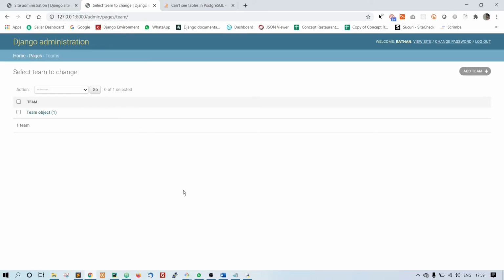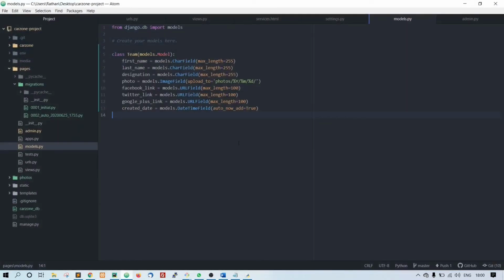We don't want this Team object to be shown here. For now, we just want to show our first name here. Let's go to our editor. Here, after created date, let's make a function __str__ and pass in self.